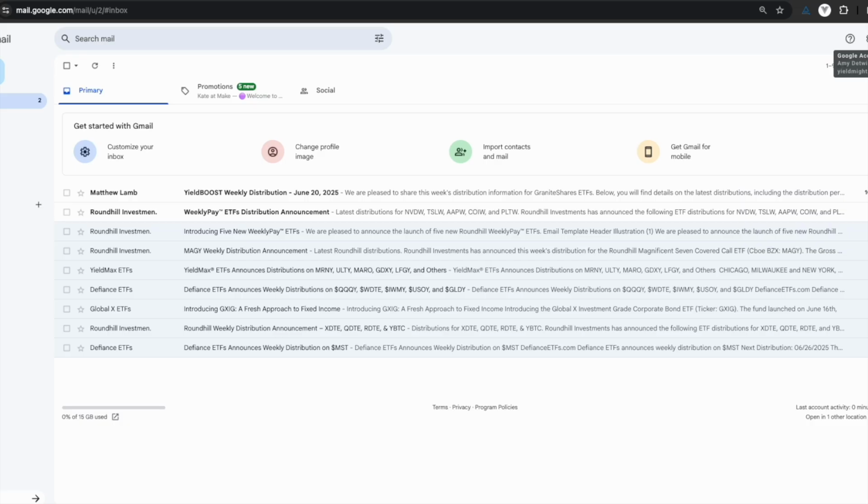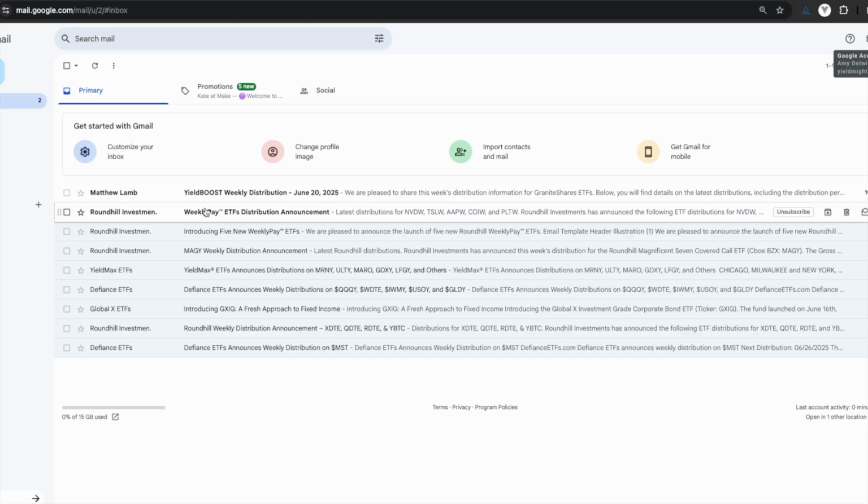I actually created this intake email at gmail.com, but it turns out that you actually have to have a workspace in order to automate this. But this is the email that I've been working on this week, because I have signed up for every one of these issuers' newsletters. So this is what I've been basing everything off of.